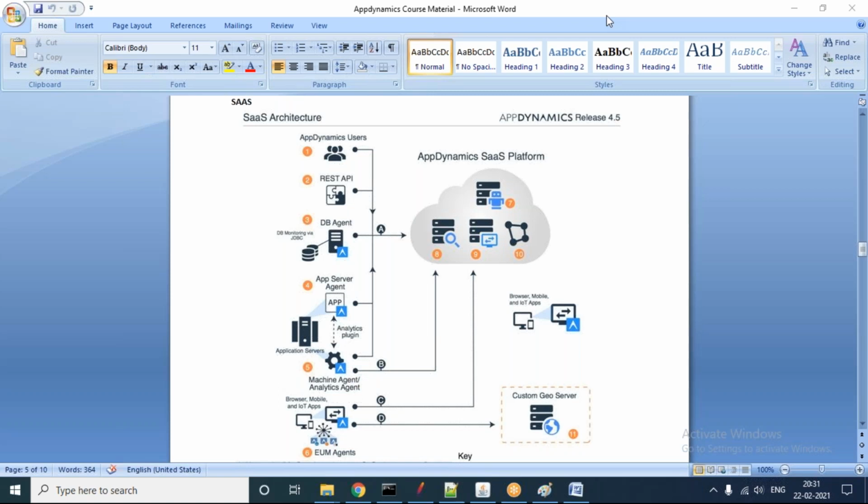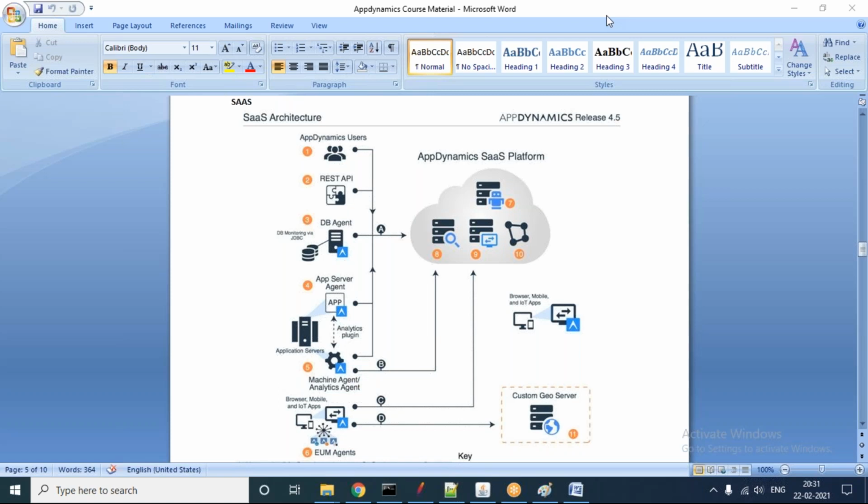Somebody else works on that and you get the benefit. But in the on-premises model, you have to do deployment, upgrade, data backup and data archival. In the SaaS model, you are not worried about these.